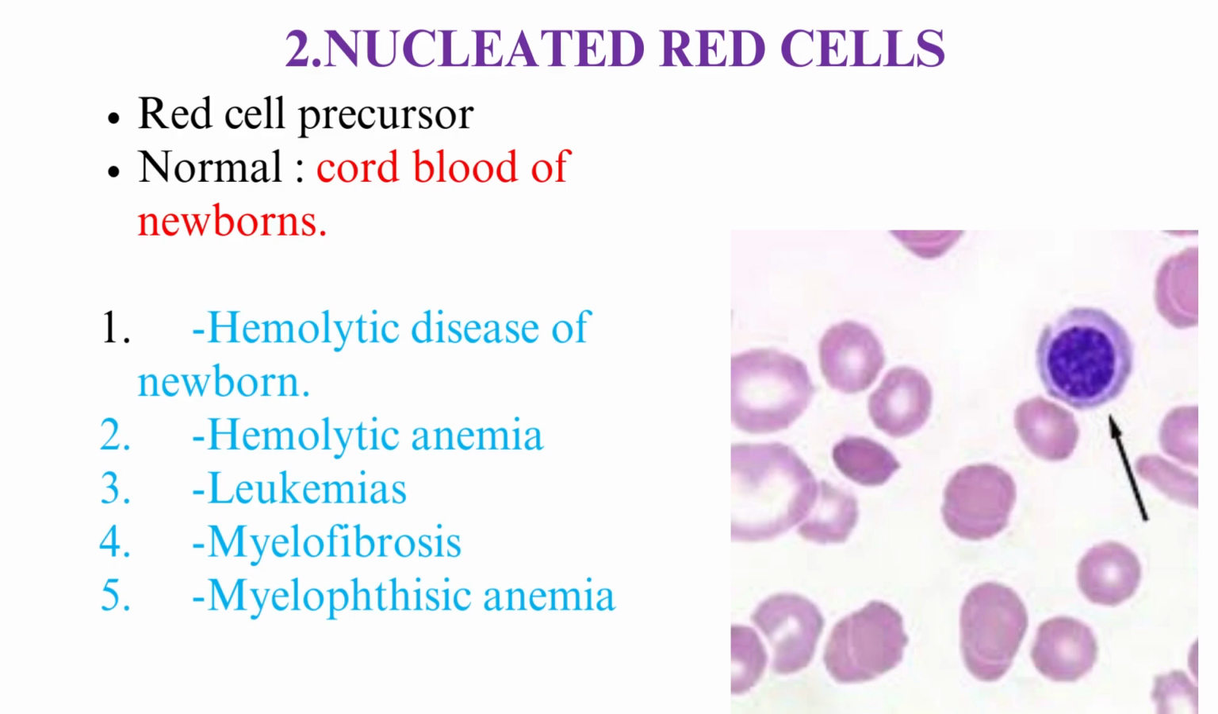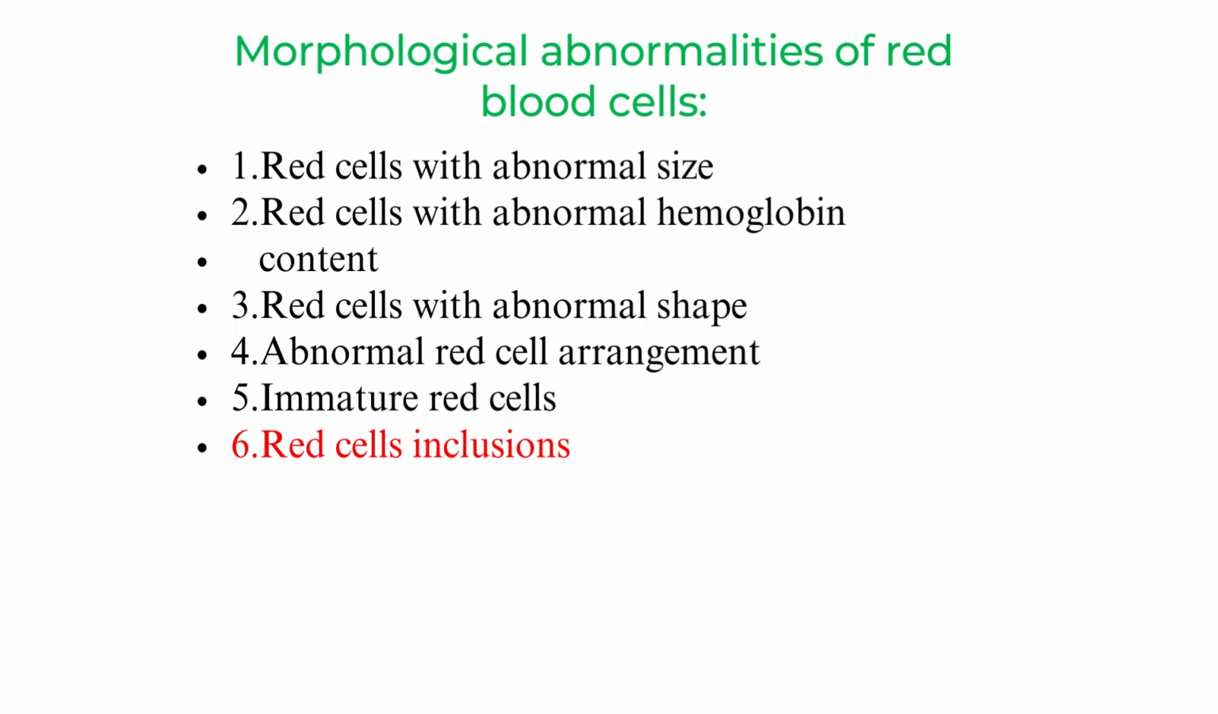कॉर्ड ब्लड ऑफ न्यू बॉर्न्स में तो ये नॉर्मली भी मिल जाता है, न्यूक्लिएटेड आरबीसी इज अ फेयरली कॉमन फाइंडिंग इन न्यू बॉर्न्स, बट हीमोलिटिक डिजीज ऑफ न्यूबॉर्न में मिलता है, हीमोलिटिक अनीमियाज में न्यूक्लिएटेड आरबीसीज मिलते हैं, ल्यूकीमियाज में भी मिल सकते हैं, माइलोफाइब्रोसिस और माइलोथिसिक अनीमियाज में भी, एंड न्यूक्लिएटेड आरबीसीज को काउंट करना ज़रूरी होता है अगर बहुत ज़्यादा मिल रहे हैं आपको।